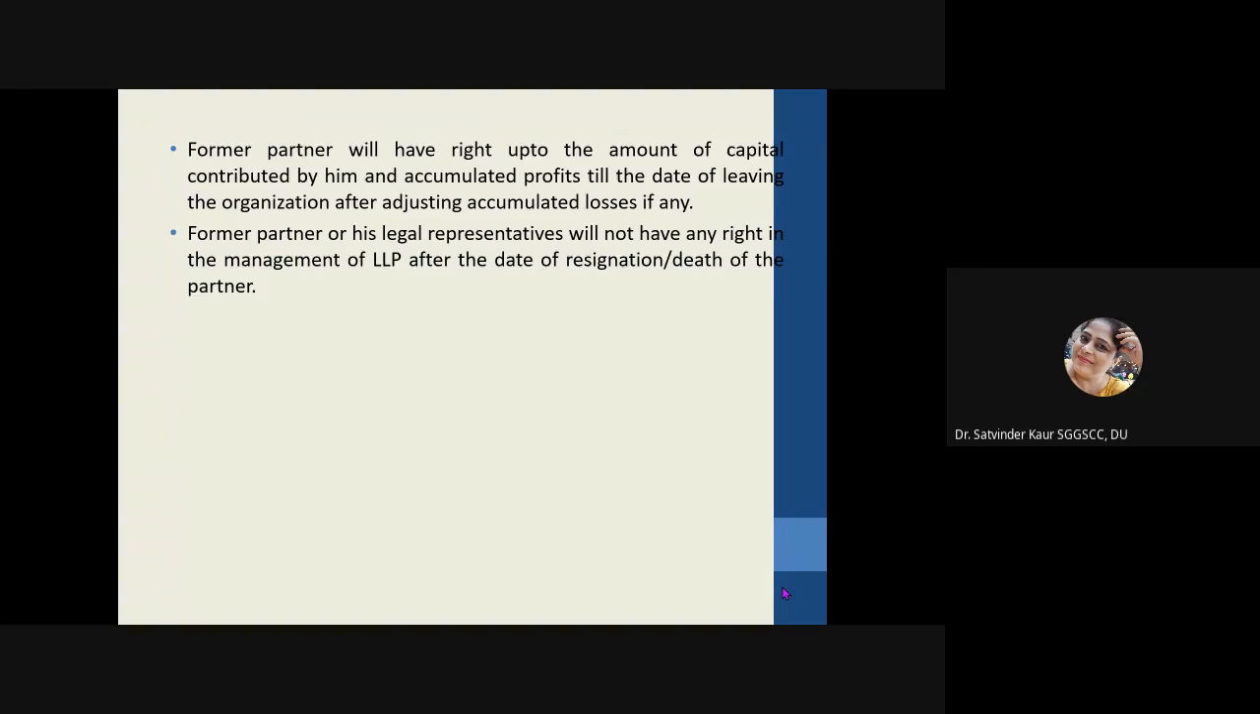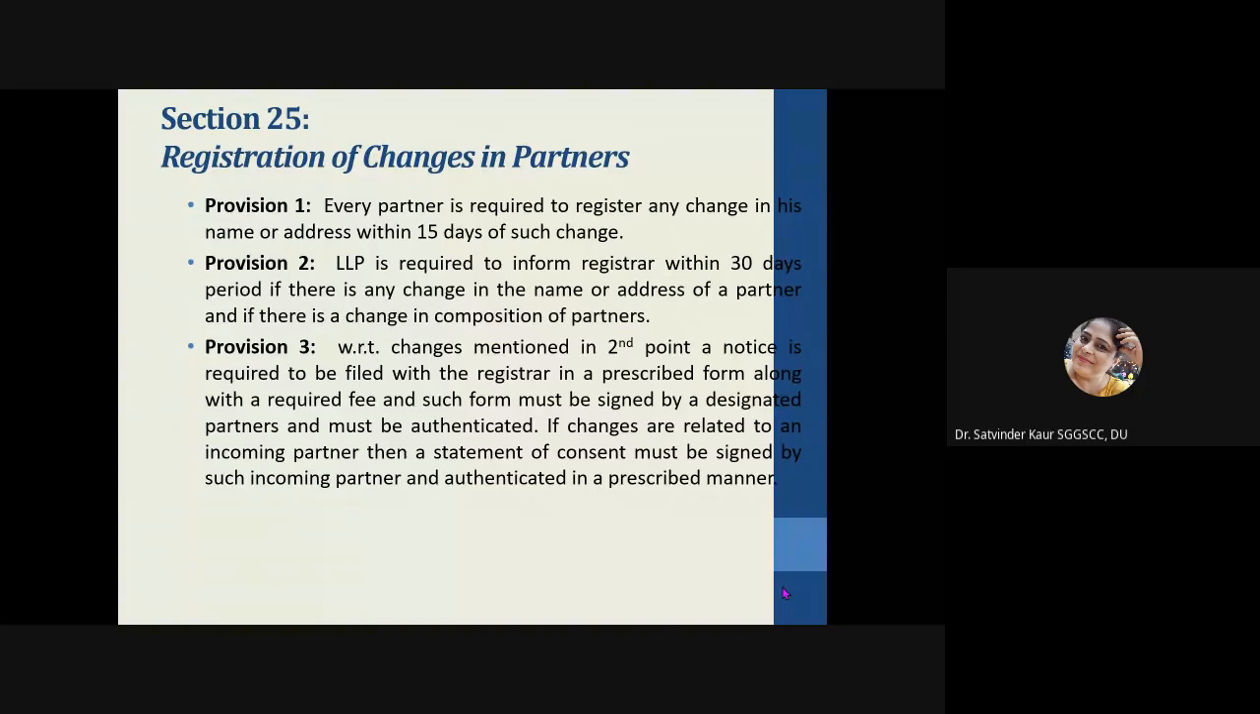Then after that, if there is any change in the partners, then such change must be communicated within 15 days to the registrar. Every partner is required to register any change in his name or address within 15 days, and LLP is required to inform the registrar within 30 days from the change of the name, address of the partner, or if there is any change in the composition of the partner, all the details must be given to the